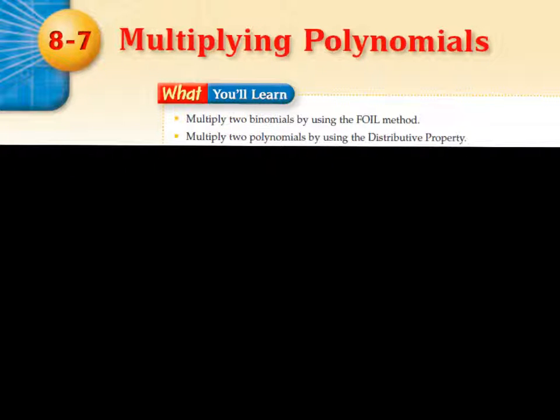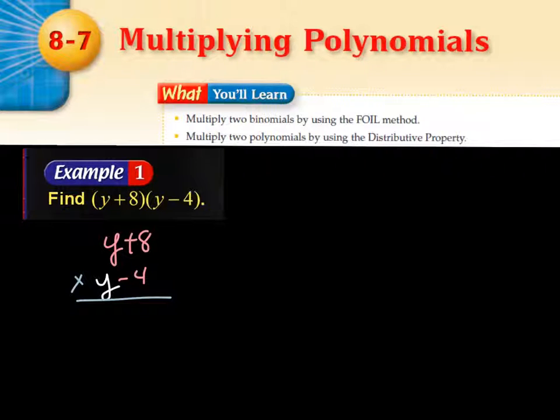In the last lesson, we multiplied a monomial by a polynomial. We can multiply two binomials using a method called FOIL, or using the same process, we can multiply two polynomials, and it's all using the distributive property. Now, we could make this look like the numerical multiplication where we use 2 for 2-digit numbers and line it